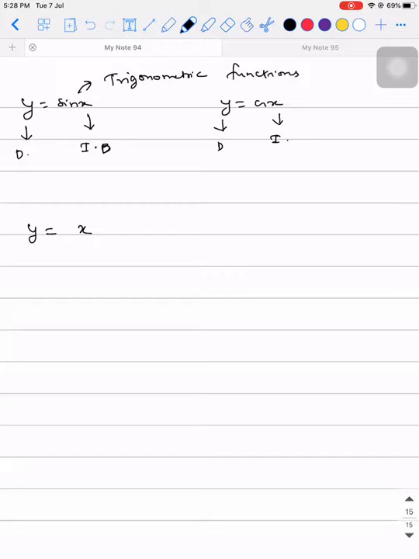Okay. So y is equal to, I can think of combining x square. If I write y is equal to x square, what will you say this as? Just x square is a polynomial. So y is equal to x square is a polynomial function. We can say algebraic function also, right? Yes, it's an algebraic function also.